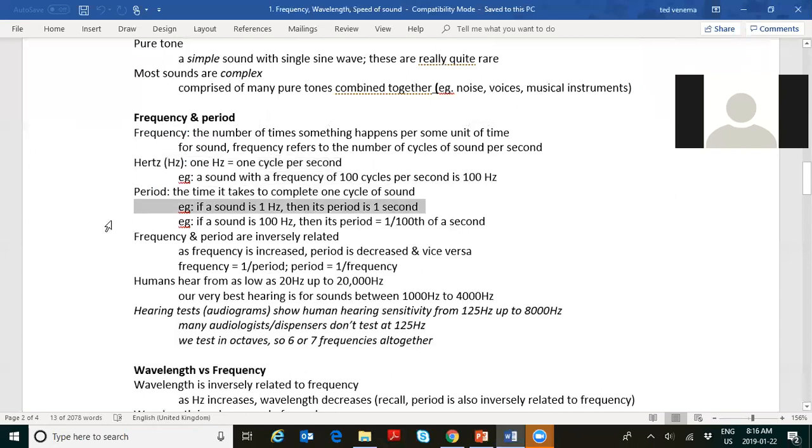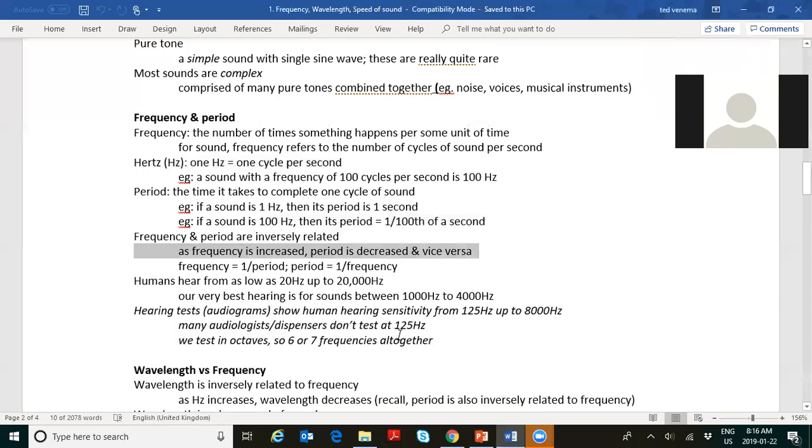But if a sound is 100 hertz, then its period is 1/100th of a second. Because if 100 cycles took place in a second, the time it took to complete 1 cycle was 1/100th of a second. Therefore, that's why we say frequency and period are inversely related. As frequency is increased, period is decreased,